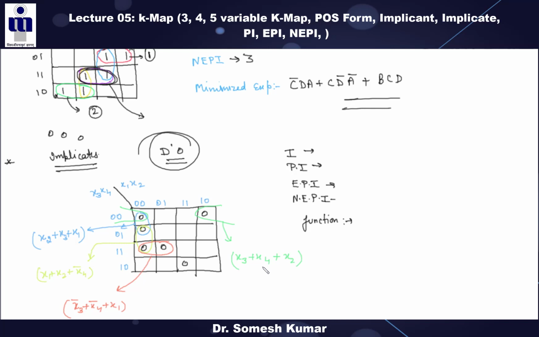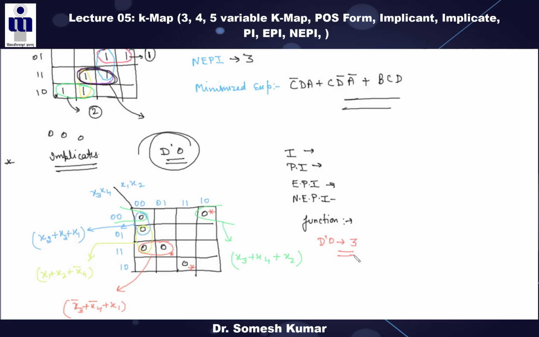So now tell me, which ones are your implicates? How many implicates? Now first of all tell me how many D0 cells? First of all tell me this. Second this and third this. This is also a D0 cell, na? Right? It is not overlapping. So the D0 cells are your 3, right?